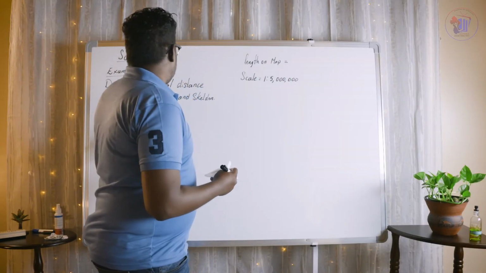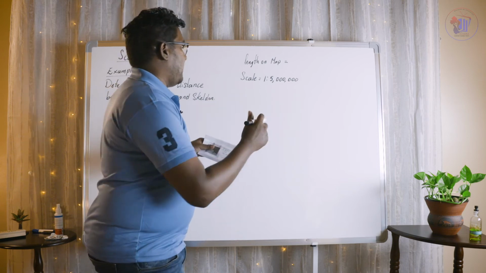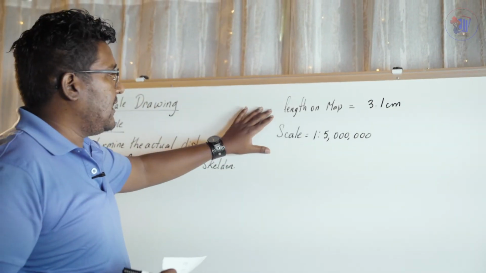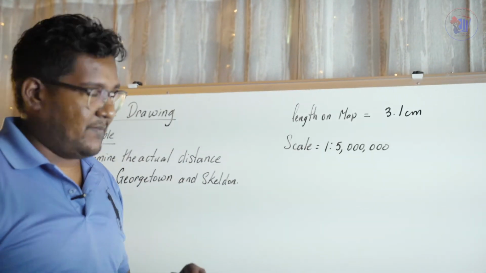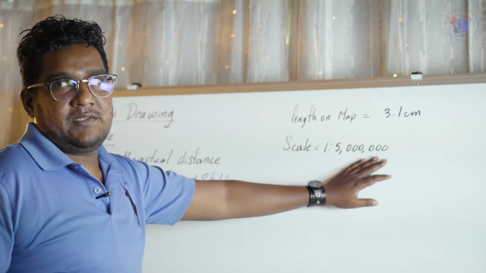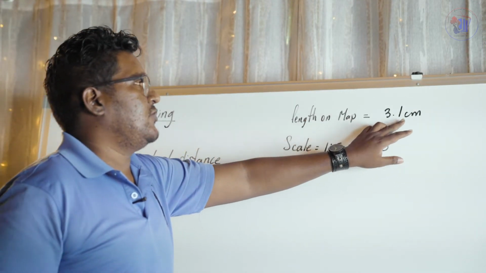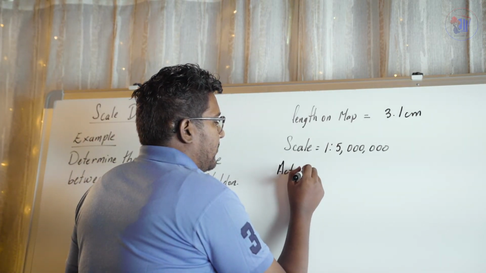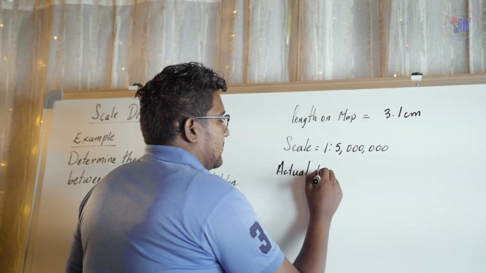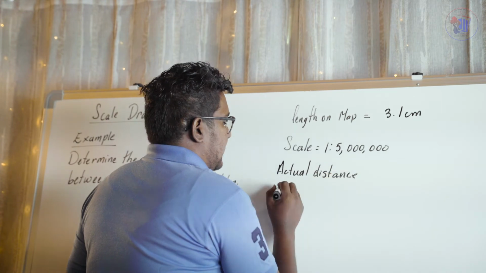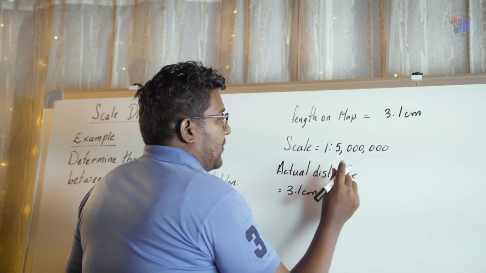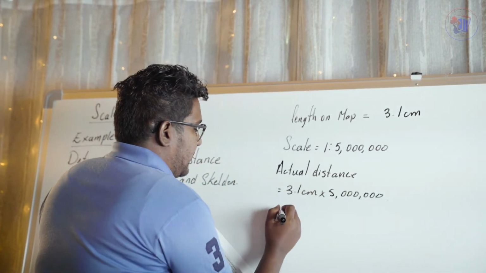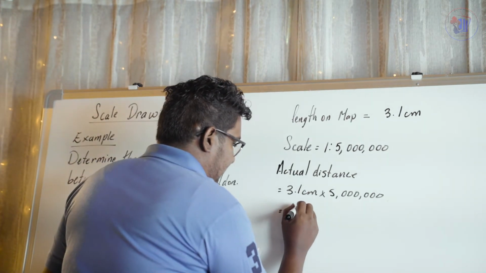Having measured between Georgetown and Skeldon, we found that the length on the map is 3.1 centimeters. And the scale given at the bottom is 1 to 5 million cm. That means 1 cm represents 5 million centimeters. So since the length on the map is 3.1 cm, we can calculate the actual distance. So the actual distance is equal to 3.1 cm multiplied by 5 million. And 3.1 times 5 million is going to give me